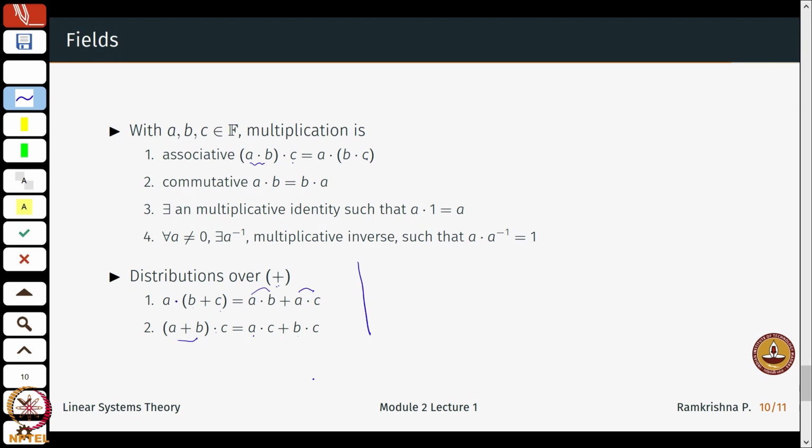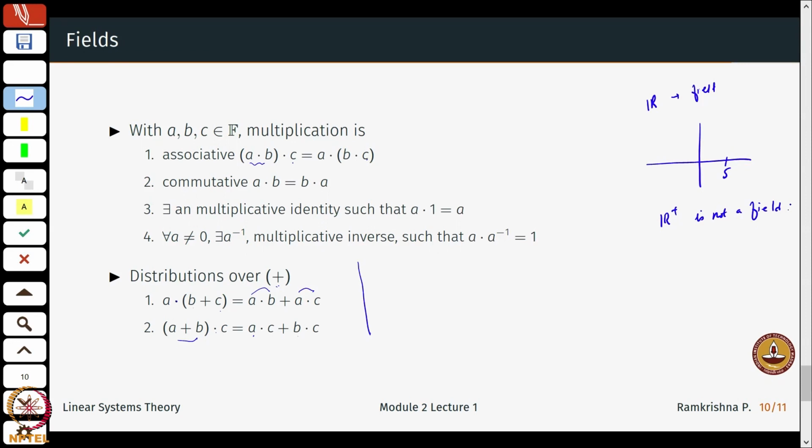There are several examples here. If I take the real line, it satisfies all these properties. But if I take the real line with just the positive part, this may not be a field because if I take a plus 5, there is no minus 5 associated. So R is a field, whereas R plus is not a field. And you can similarly construct several examples in higher dimension spaces and so on.